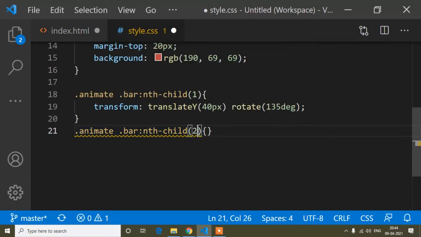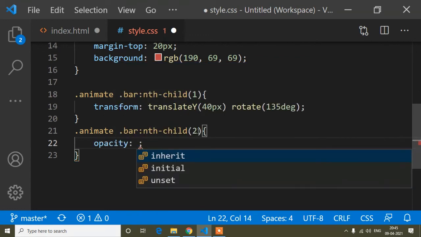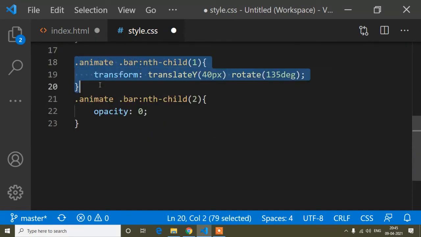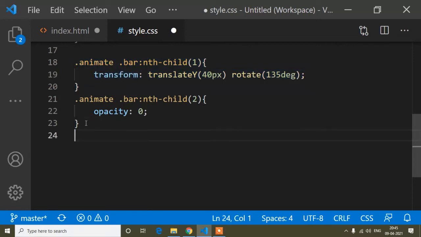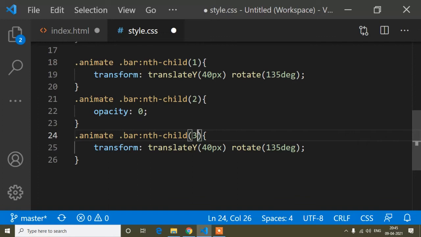Okay, and now here, opacity 0. Now I will copy the same, and here I will change it to 3, and here minus 40 pixel and minus 135 degree.